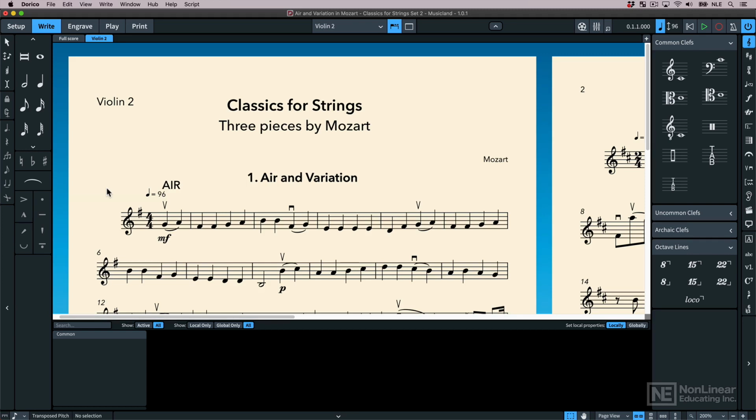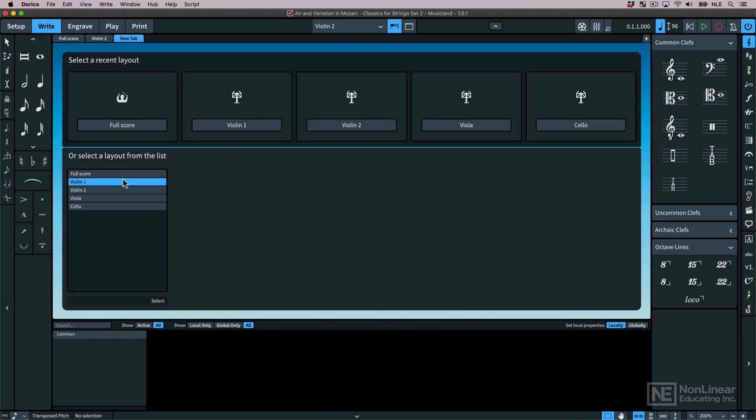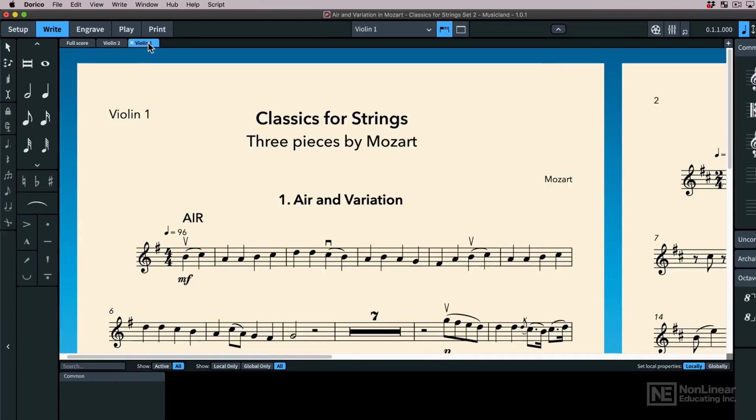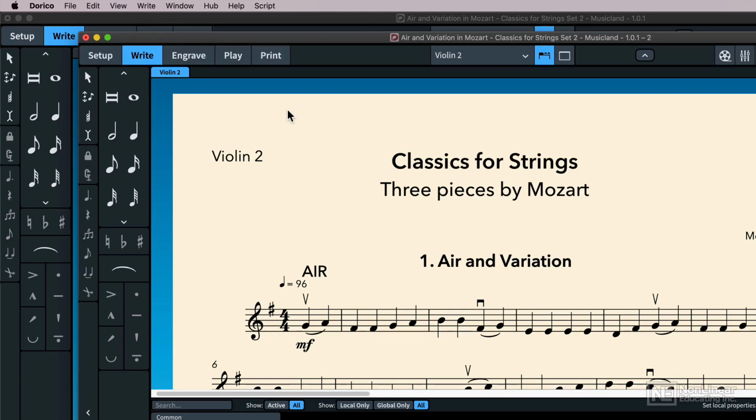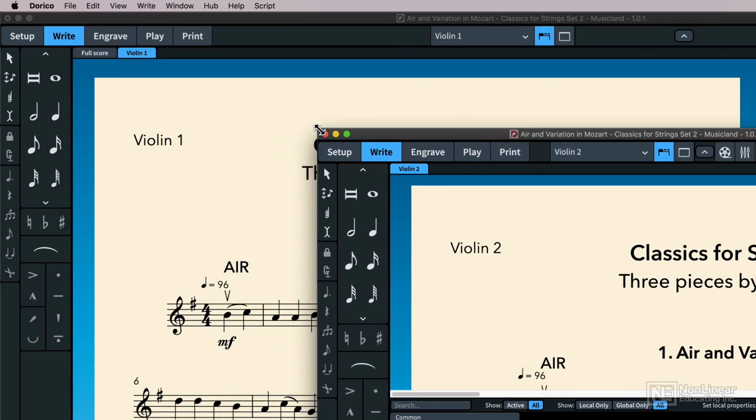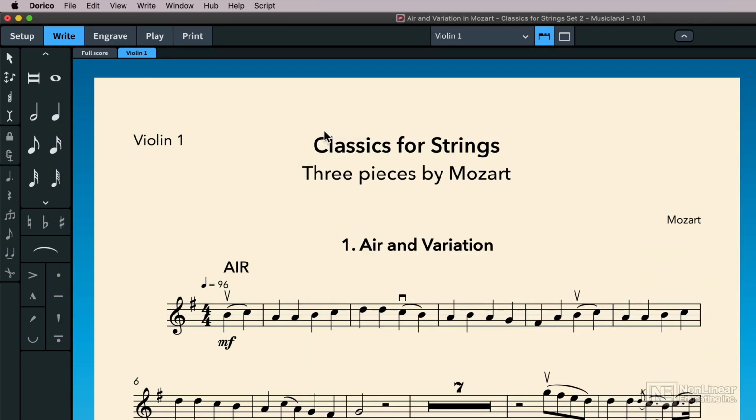And maybe let's have a tab for the violin 1 part as well. You can drag these tabs around. You can also drag a tab off the bar, and it'll open as a separate window, which can be really handy sometimes. Let me close this. And then if you want to hide the tabs altogether, you can just click this icon